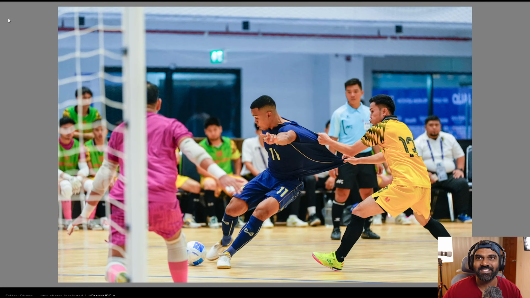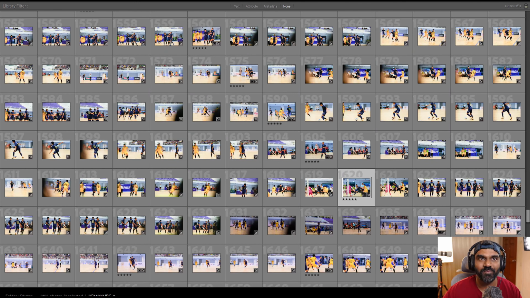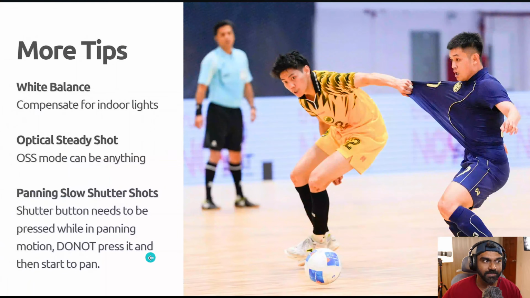So always remember to carry the gray card, the middle gray card, with you. You can use that to set the white balance depending on the situation. It's so helpful. If you don't know how to set it, I can make a video on that later. But for now this is enough.